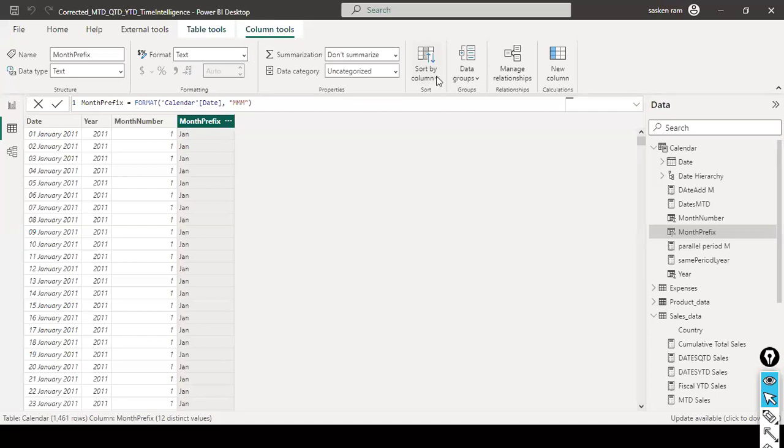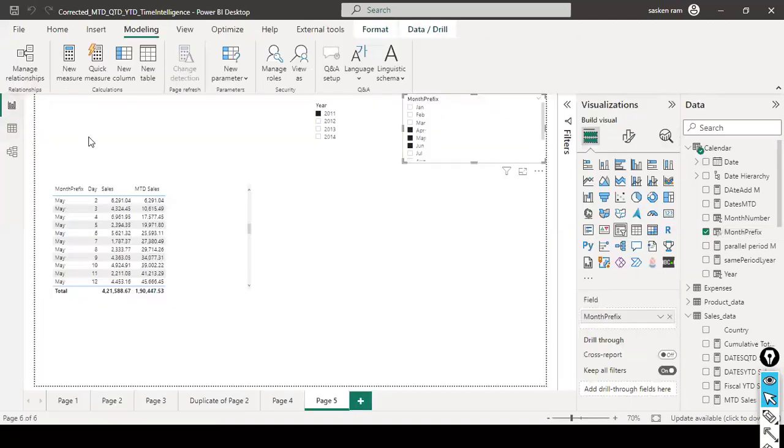Here on the top is Sort by Column. Here I'm going to say month number. Select the month number. If you have used Excel, you must be aware of this one, you must be familiar with this one. So what I did, I just sorted this one based on this one. And this is very important, guys. If you see here, now you can see that followed by April, May month got displayed instead of June month. And May, June, July, if I select July month, obviously